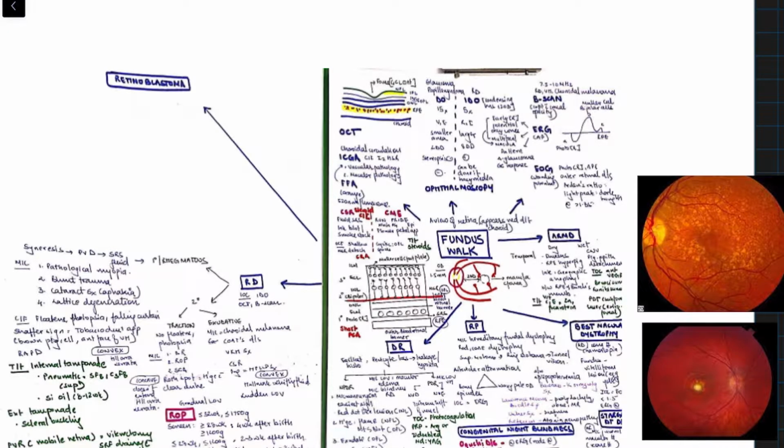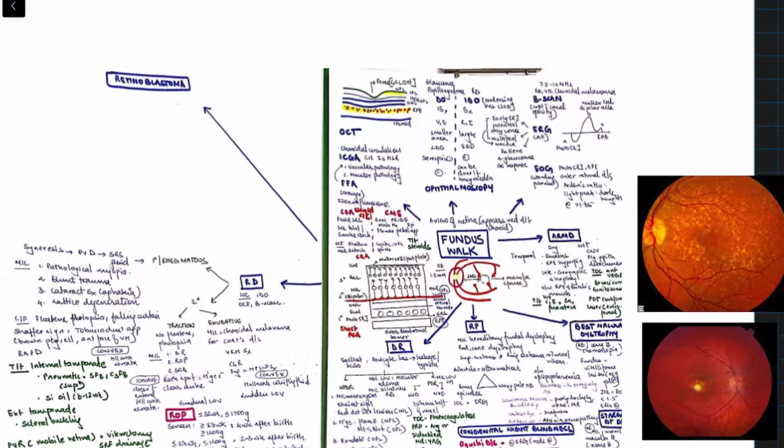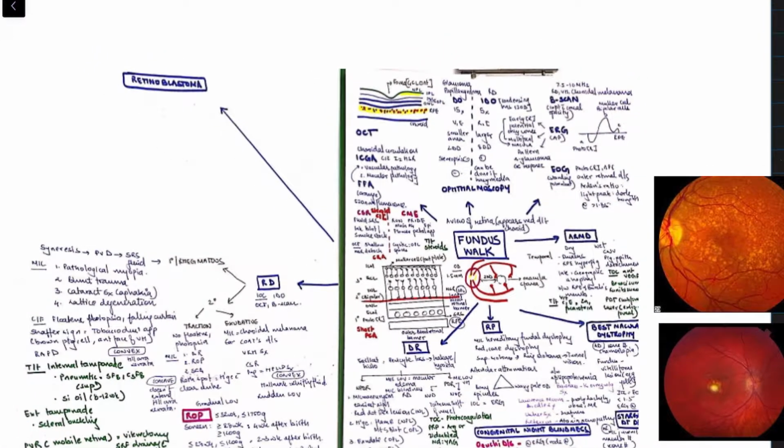So today we'll be doing a topic that is more important in INICET, but questions like images can be asked in NEET as well. So we'll just quickly go through this fundus walk and just look at the images very fast, right? So what is fundus? First of all, it is a view of the retina, and remember that the retina is transparent, so fundus appears red, as you can see in the images, because of the choroidal vessels that are posterior to the transparent retina.